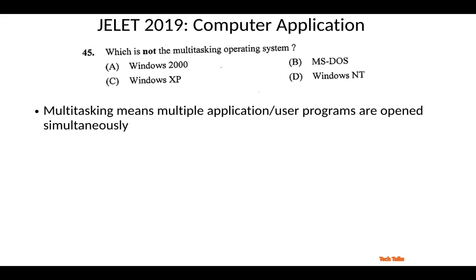Two tasks are running at the same time, and we know we cannot do this in DOS. Suppose you have only the command prompt. Actually, DOS has now become a part of Windows. You only get a command prompt in a window and other things are running. But earlier, when DOS was the only operating system, you had nothing except DOS. Only the command prompt was the computer. When a computer has some problem and is run in DOS mode to correct it, we get only the prompt, nothing else. There we can execute only one thing at a time. Only one program we can run. Once it finishes, then it runs the next. So DOS does not support multitasking. So the answer is B, DOS.